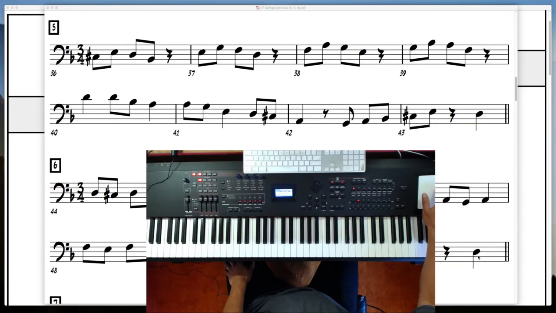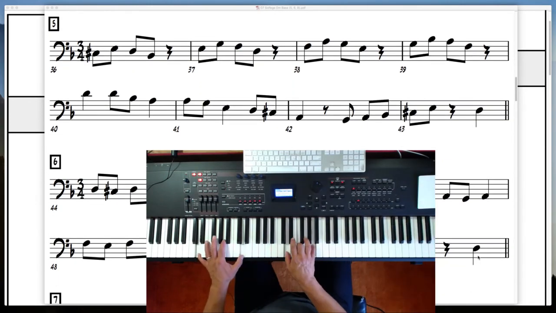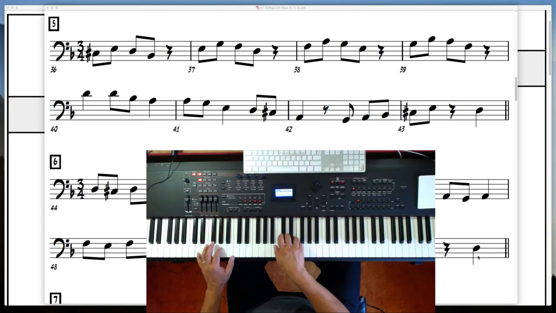We're gonna go back to number 5 and we're gonna sing. And I cannot conduct because I have to play the keyboard. So you're gonna sing together with me. Here we go. 1, 2, 3. Ti, re, do,